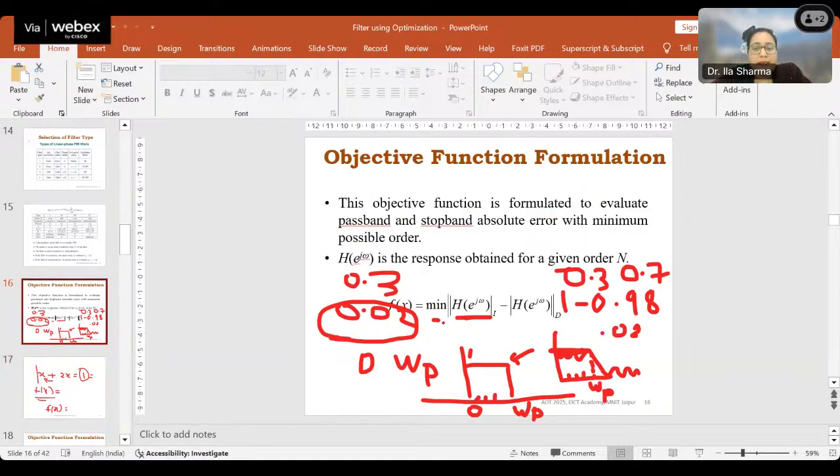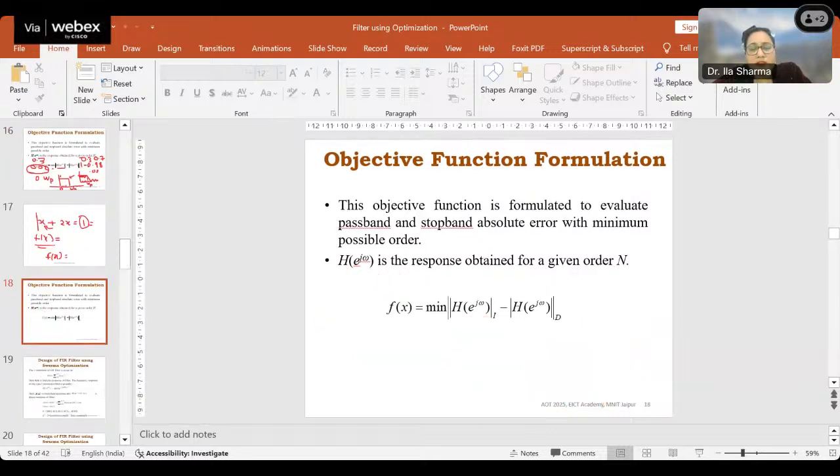So similarly, in my case, when I want to design a good filter, I have formulated this objective function like this. This is the simplest objective function. In the upcoming slides, we will be seeing some constraints that we will be defining. This is related to only the magnitude response, but there we can be dealing with the passband ripple value and the stopband ripple. These constraints can be employed there. I hope now it is clear.